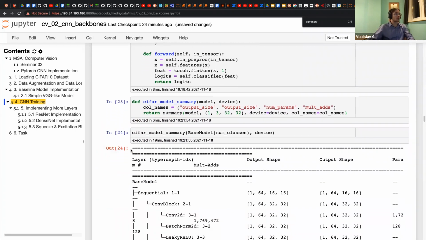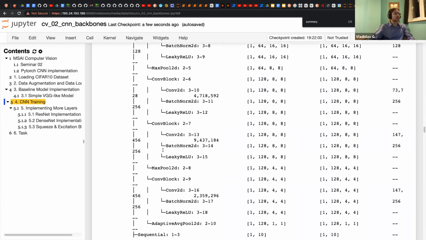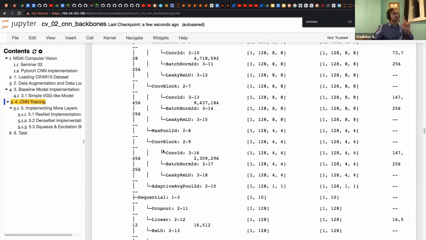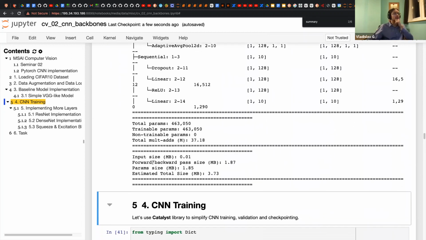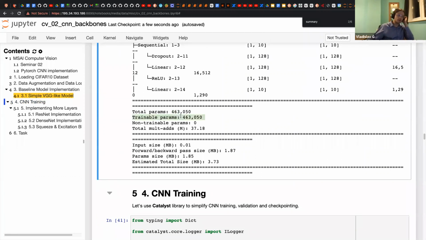Here is the simple representation, but we will have a more detailed view a bit later. And the total number of parameters is about half a million, and all of them for now are trainable.